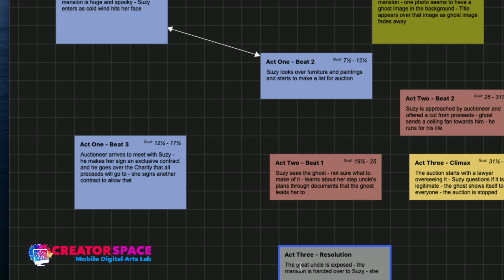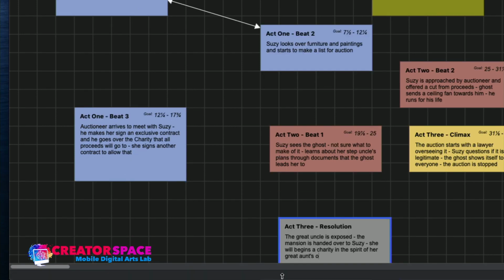She will sell assets to begin a charity in the spirit of her great aunt's original intention. So the script is turning, it's sounding more and more like